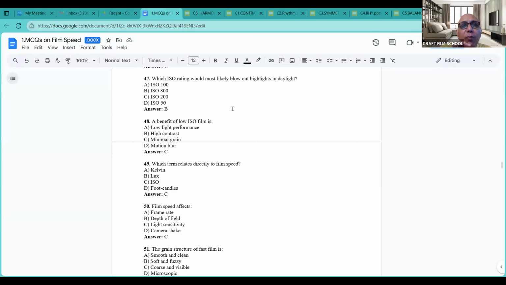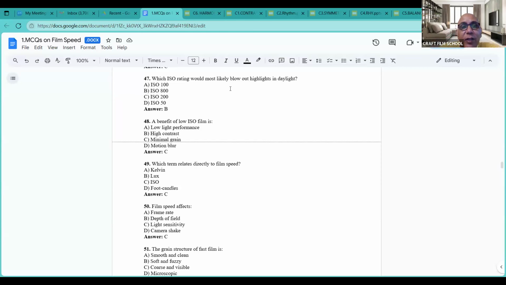Which ISO rating would most likely blow out highlight detail? Try to understand this question, very tricky. Suppose, for example, in a house there is a curtain which is lit from outside sunlight. Okay. Inside is a darker area lit from a bulb or something else, but an outdoor patch of light is falling on the curtain. So what is going to happen? The question is, which ISO rating would most likely blow out the highlight in the daylight? Which means if I'm shooting a portrait inside and there is a curtain like that kind of thing,